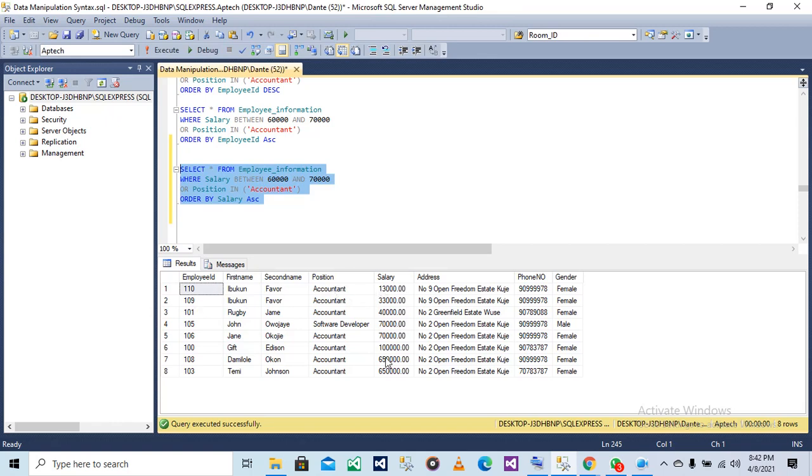You can see now it's giving us those with the smallest salary to the largest salary. This is the largest salary on the table, from this to this. So you can see it's not really following the numbers again. They are scattered because the order is not on the employee ID column. The order now is on the salary column.